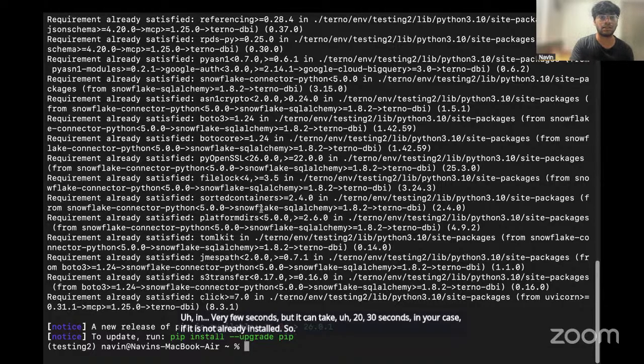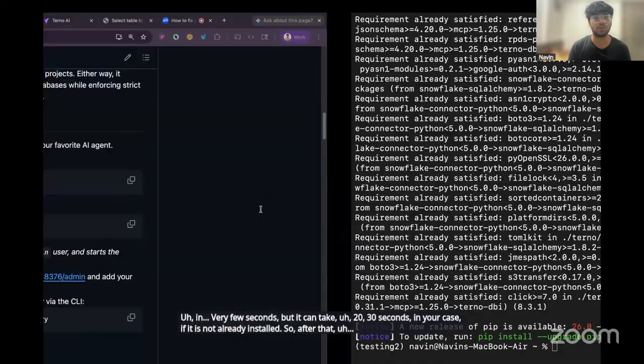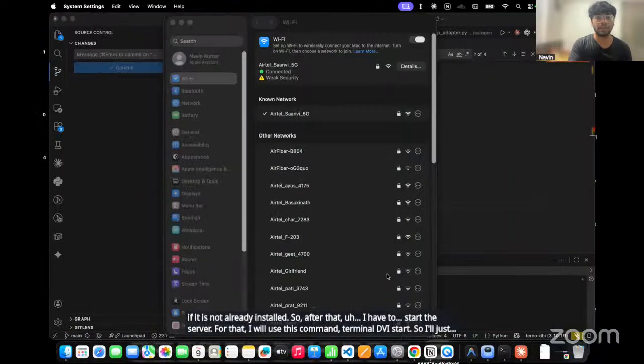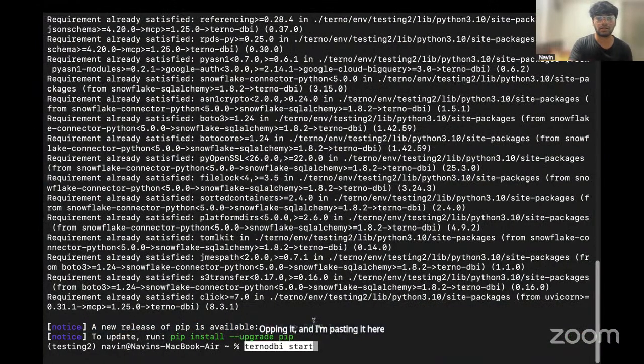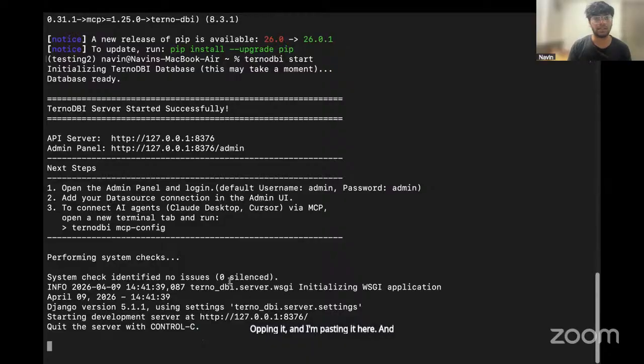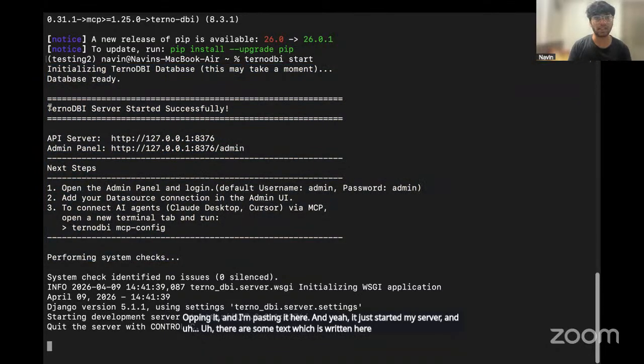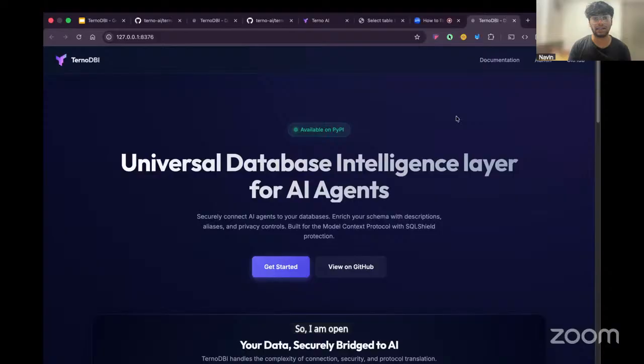After that, I have to start the server. For that, I will use this command: TurnoDBI start. So I am just copying it and pasting it here. And yeah, it just started my server. There is some text written here. Firstly, it is telling me that TurnoDBI started. Then it is telling me that our server is at this link. So I am opening it and here we can see